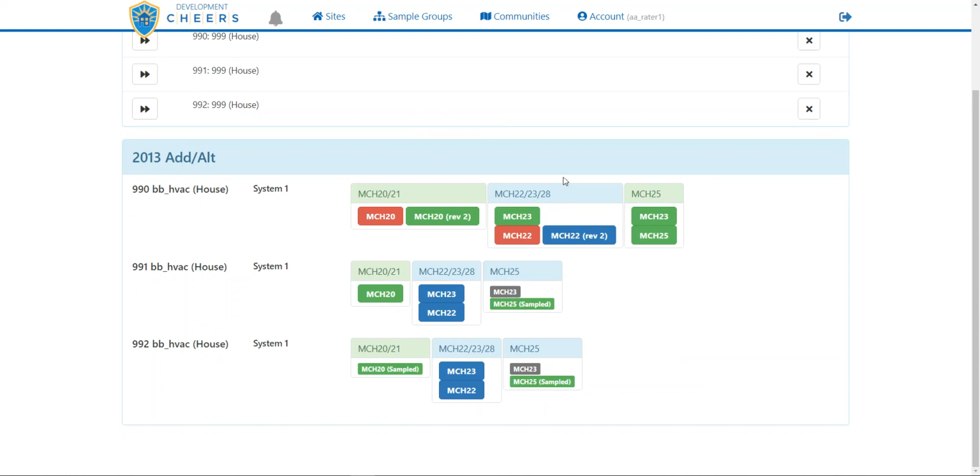Okay, so what I did is I went in and I failed the MEC 22. So it generated another rev for that particular form because we need to retest it and enter our test data. And then I passed the MEC 25. So if we look at our other two sites that are here, you can see that MEC 23 is still